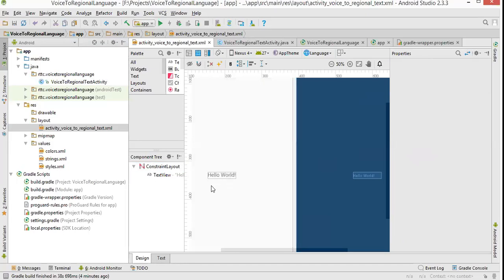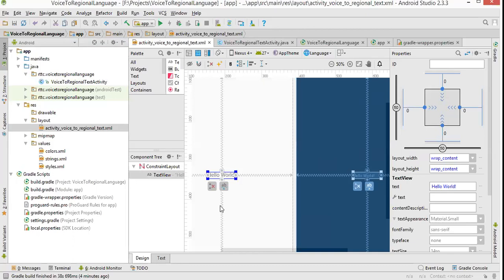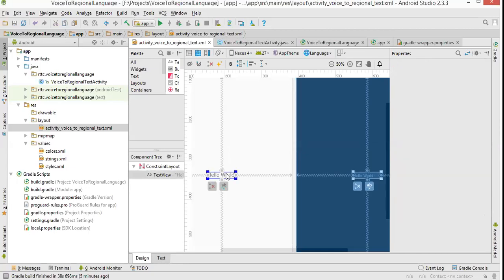Can anybody say what the label is called in Android? Just now I told you. A label in Android is called a text view. So this is a text view. As you can see in the properties, it is showing text view, and the text inside it is hello world. You can give an ID also for this to access this in the Java program. This XML control, you can access it in the Java program using its ID. But what I'll do now, I'll remove this hello world completely. I will delete it.